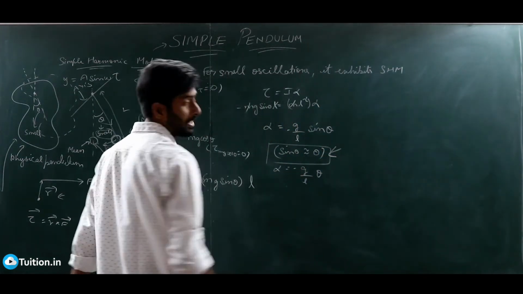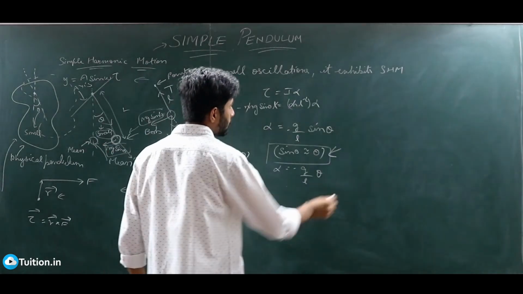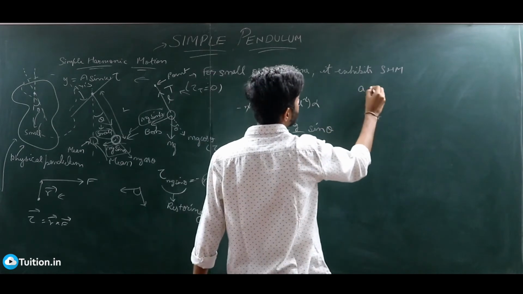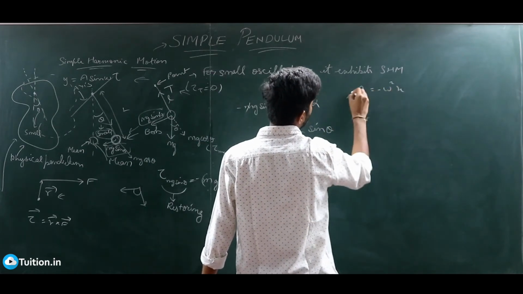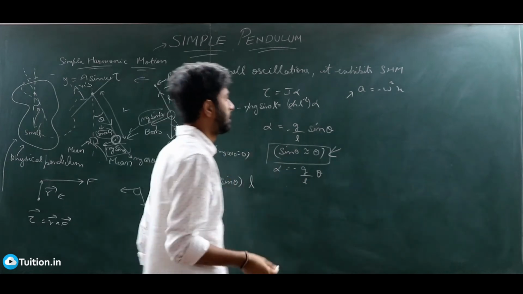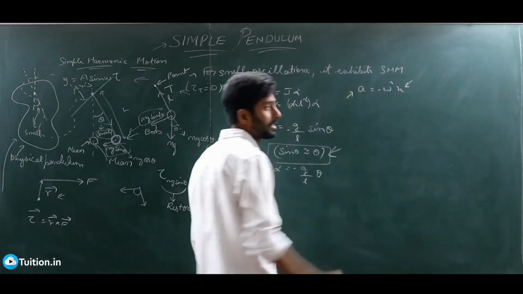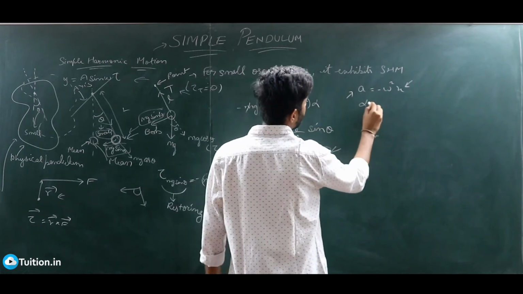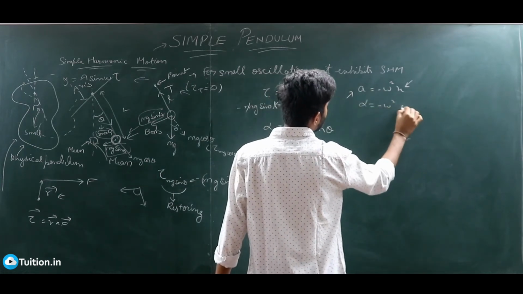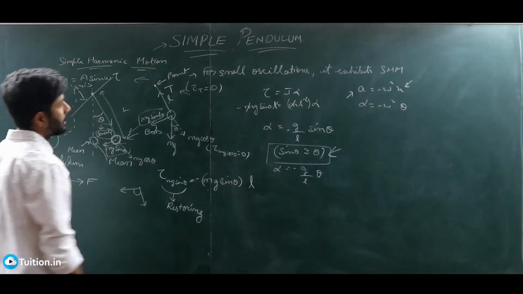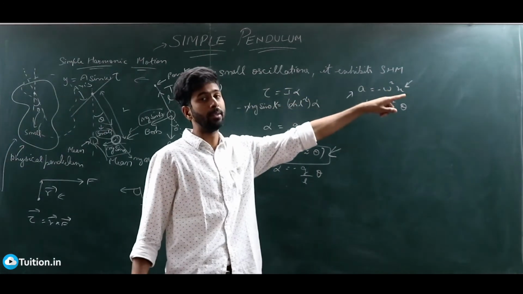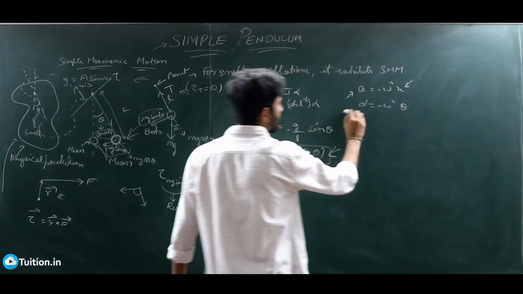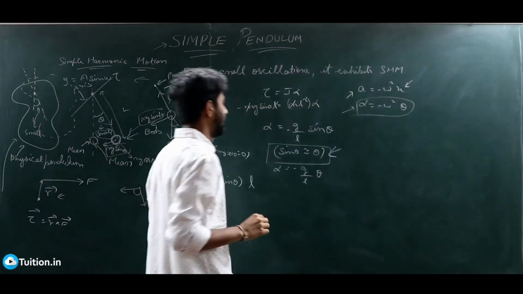Because this equation is very similar to your SHM's equation. So in SHM, what we know is that acceleration is related to displacement as A is equal to minus omega square x, where A is your restoring acceleration, and x is your displacement. And when you talk in terms of angular variables, then you have alpha equal to minus omega square theta, right? I could have also done this entire derivation in terms of linear variables and not angular variables. The result would have still been the same. But nevertheless, I can use this relation now, alpha equal to minus omega square theta.